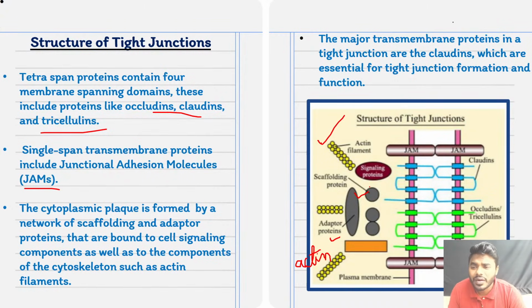Now occludin, claudin, tricellin, among all, which is the most important protein of the tight junction? This also you can get in part B or as one of the statements in part C. Always remember friends, among all, claudin is said to be the most important protein of the tight junction, because